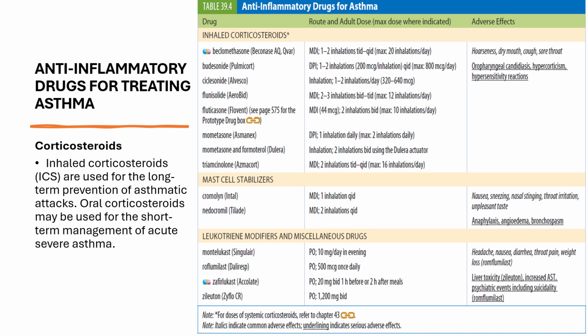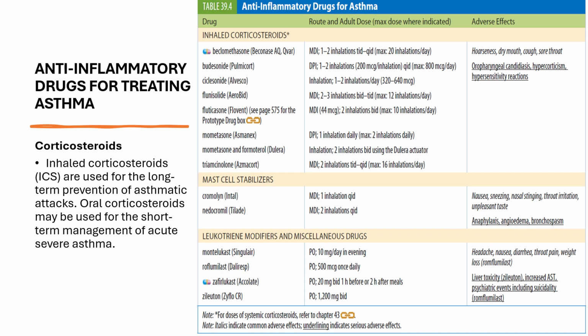And when inhaled on a daily schedule, corticosteroids suppress inflammation without producing major adverse effects. Although symptoms will improve in the first 1 to 2 weeks of therapy, 4 to 8 weeks may be required for maximum benefit. For patients with persistent asthma, an